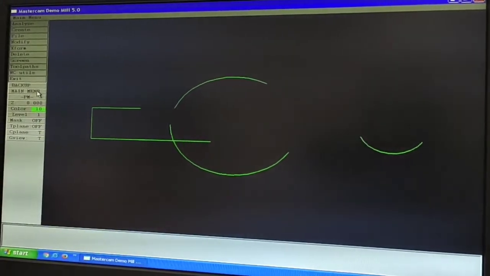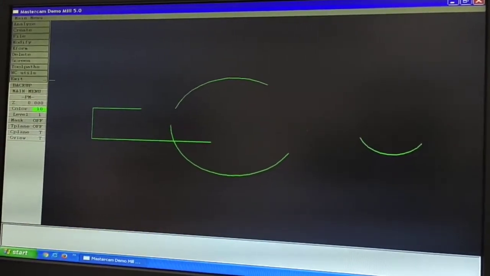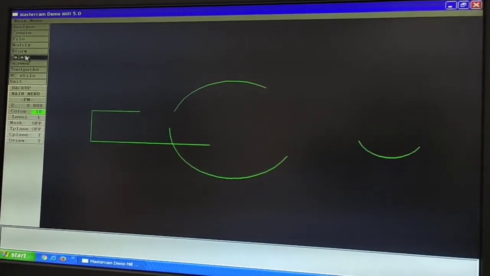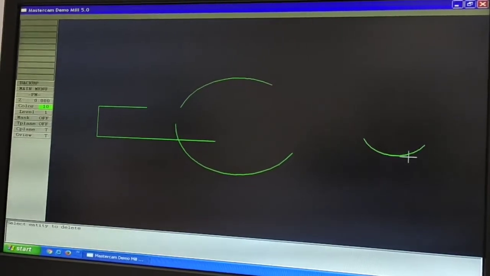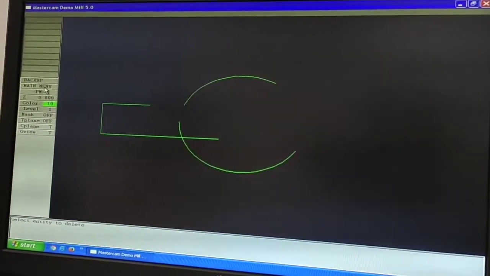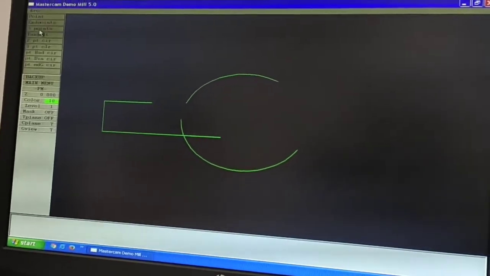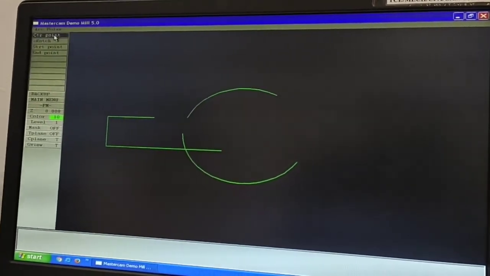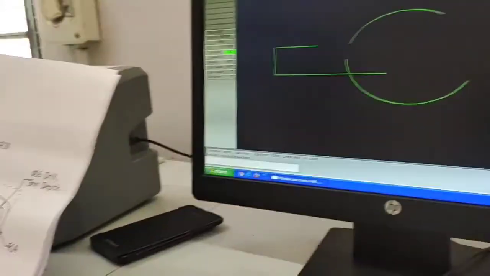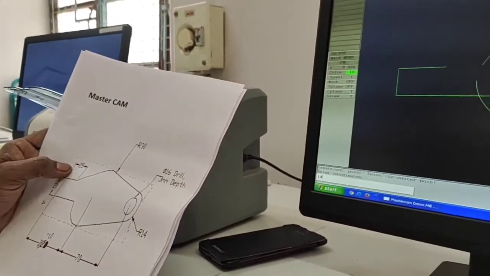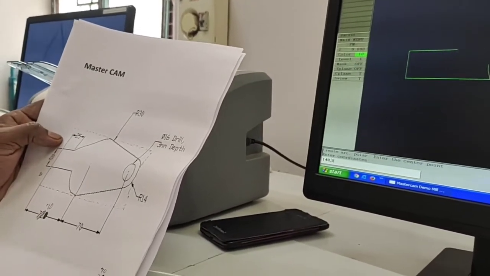So the value was entered wrongly. Now I am deleting the arc: main menu, delete, only arc, just select it. So redraw the arc: create, arc, polar, center point, values x equal to 140, comma 30.